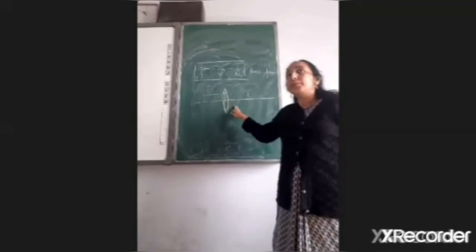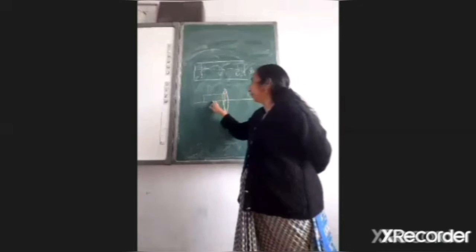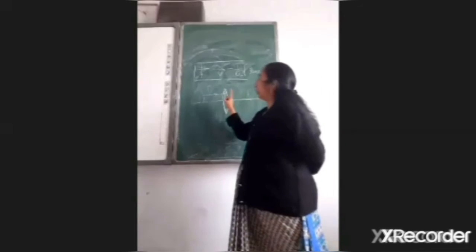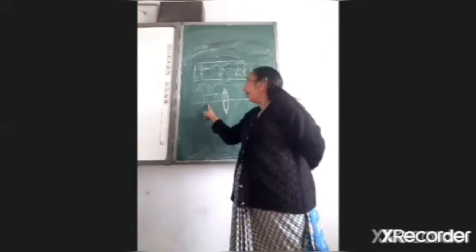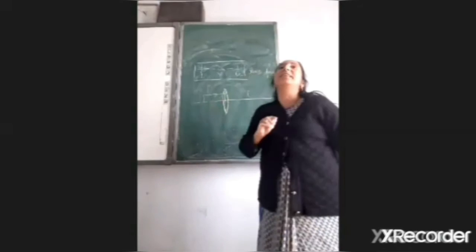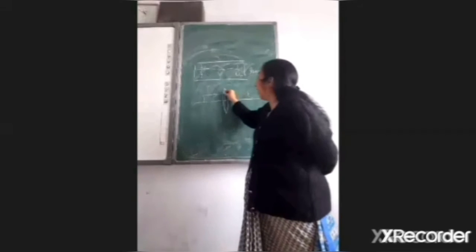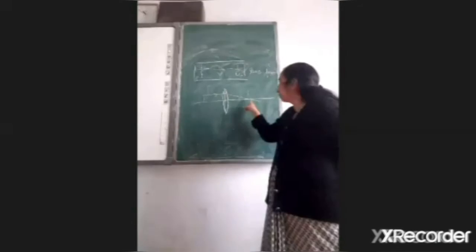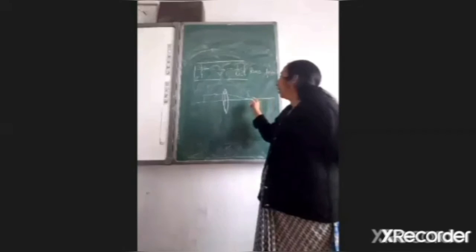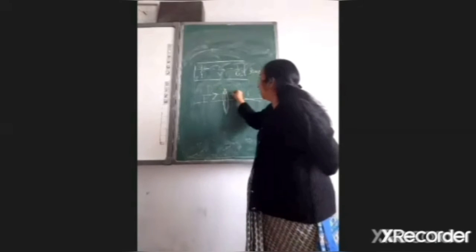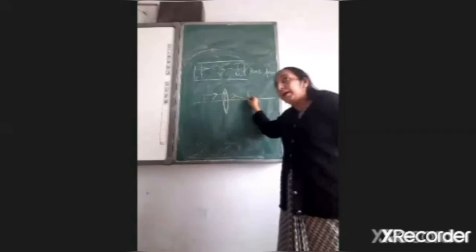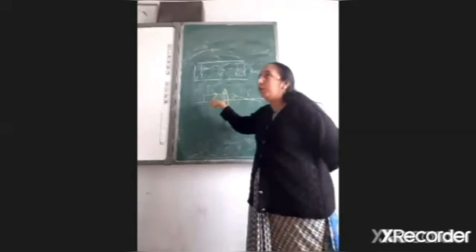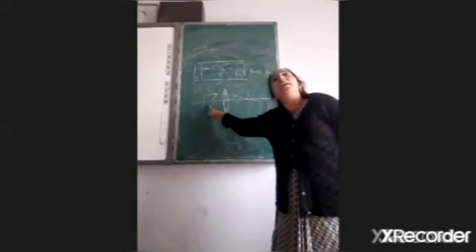सारी distances हम कहाँ से लेंगे? Optical center से. So incident ray जिस direction में होगी, अगर उसके opposite direction में आपको नापना पड़ रहा है, then you will take the distance as negative. And if the line you are taking, that this is your image, यहाँ पे आपको image मिली. अगर आप incident ray की direction में ही नाप रहे हैं, that means you have to take is positive. अगर इसकी opposite direction में you are taking the distances, then it is negative.